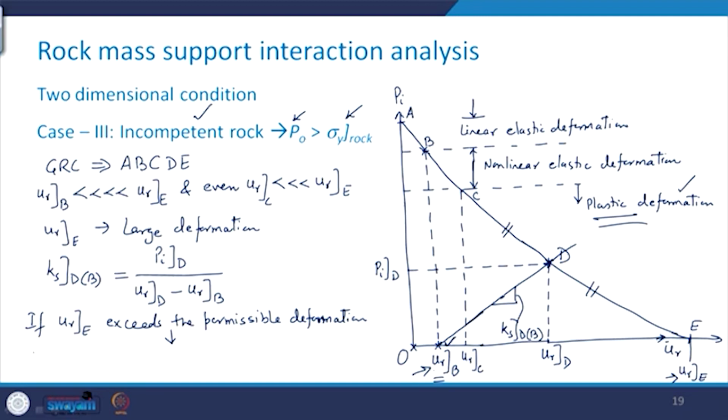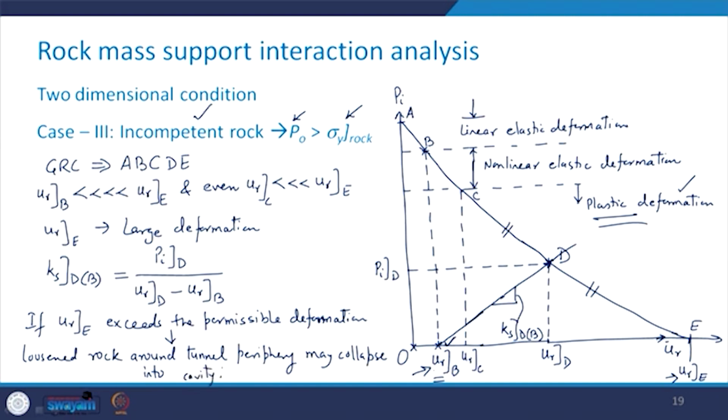What this will do is that there is going to be the loosened rock around the tunnel periphery may collapse into the cavity,